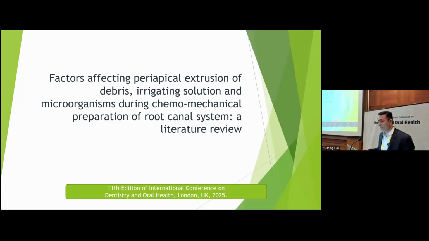Factors affecting the periapical extrusion of debris, irrigating solution, and microorganisms during chemo-mechanical preparation of root canal system. From the literature,